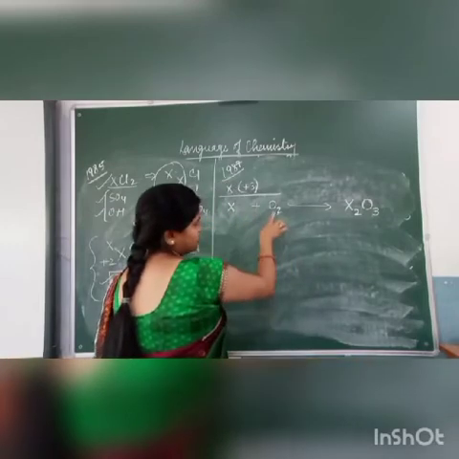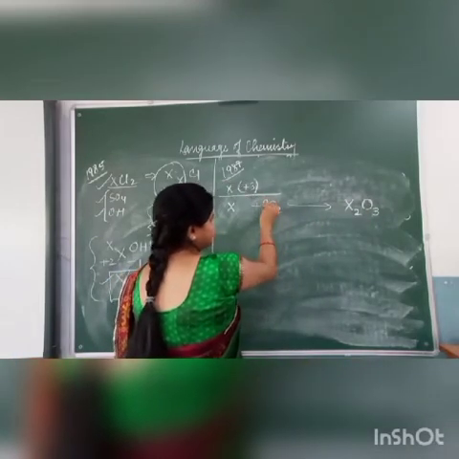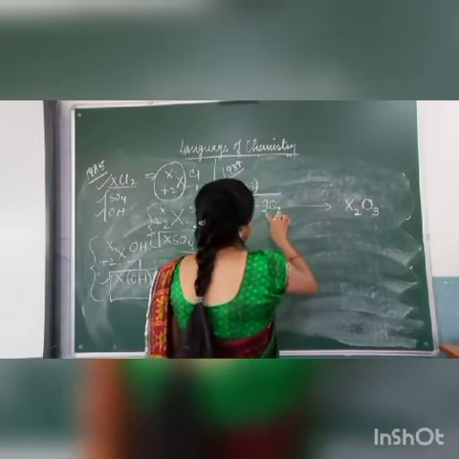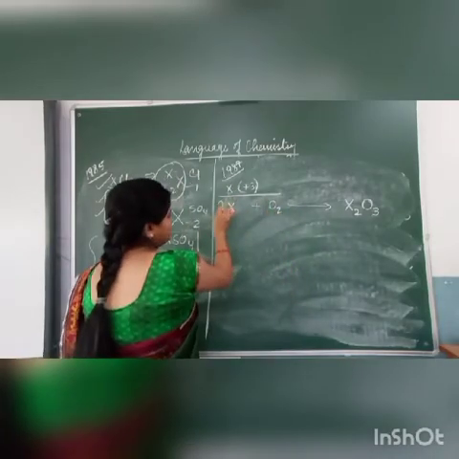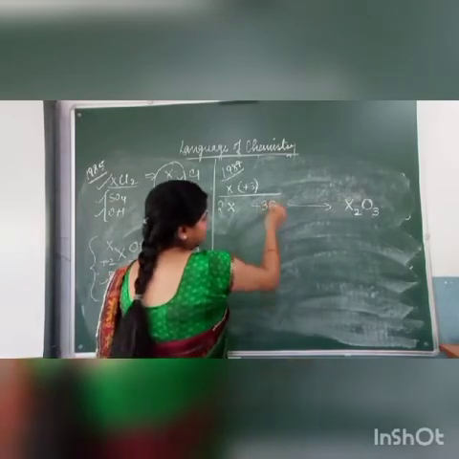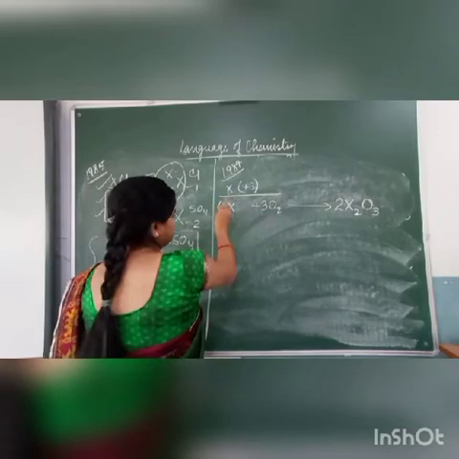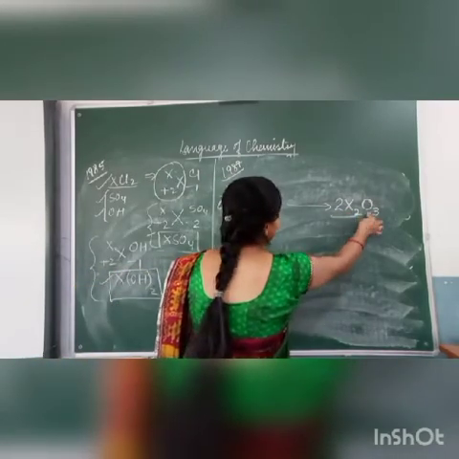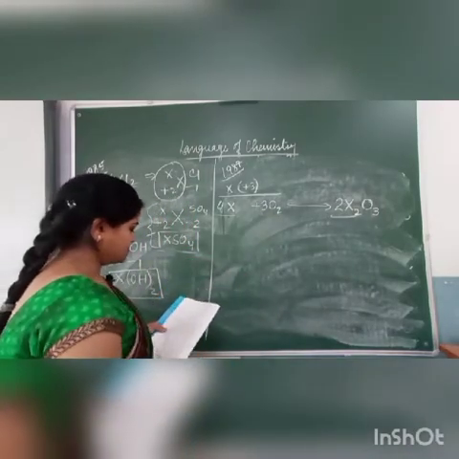Now you see it is not balanced. O2 on one side, O3 on the other. So I will write 3 here for oxygen. First we will balance X. If I write 2 here for oxygen, 2X, 2X, O3. Now here there will be 4X, 4X, 3 twos are 6, 6O. This means the equation is balanced.